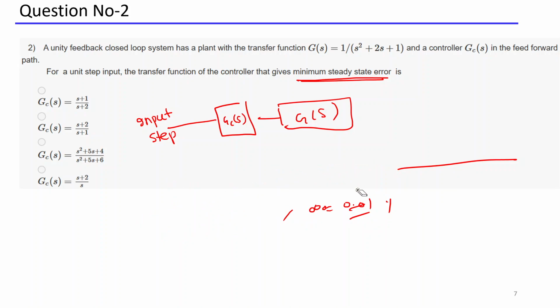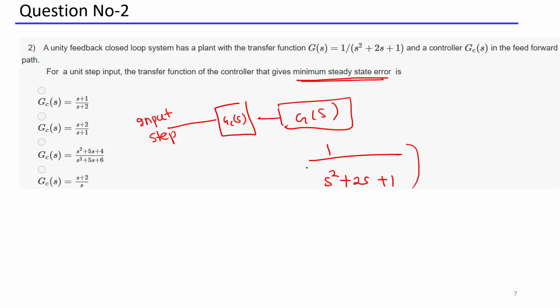Otherwise, you have to take the plant transfer function G of s, which is 1 by s square plus 2s plus 1, and multiply it by Gc(s). The first option is s plus 1 divided by s plus 2. Then take the limit s tends to 0 of s into E of s, which is the steady state error value. You do it one by one and check which one has the least steady state